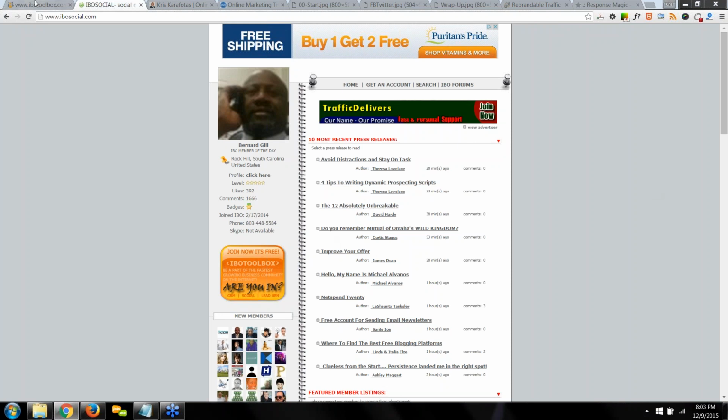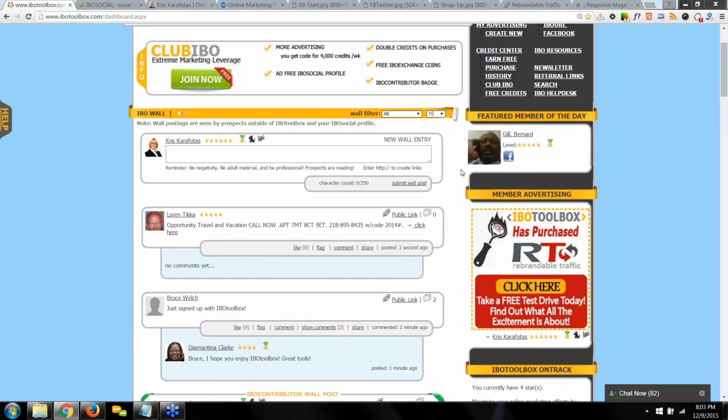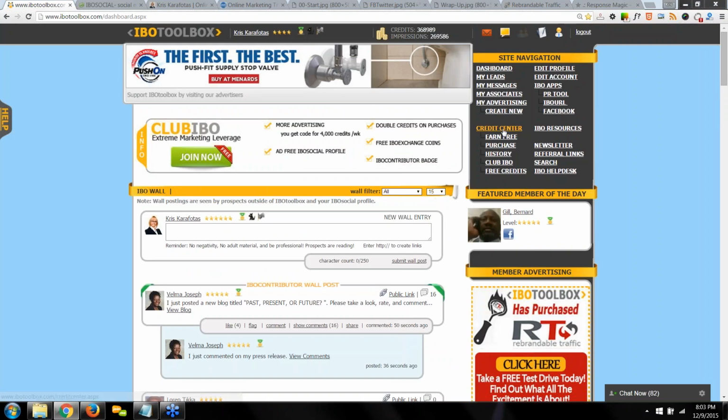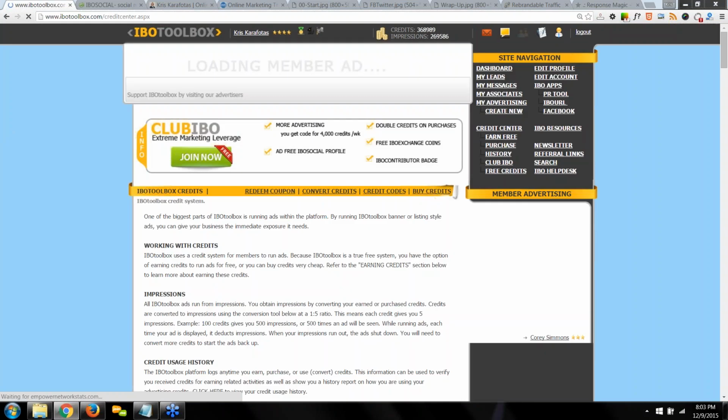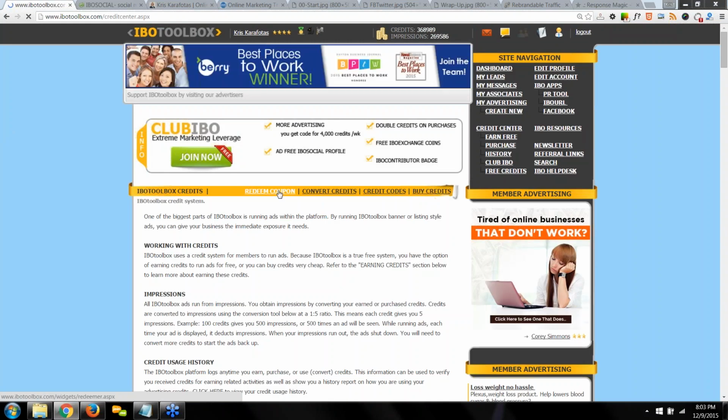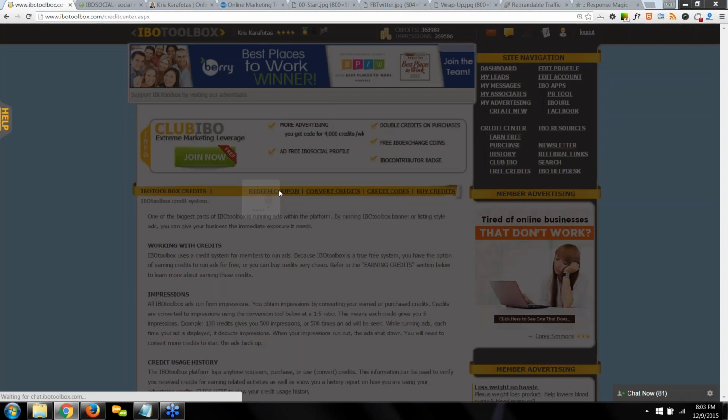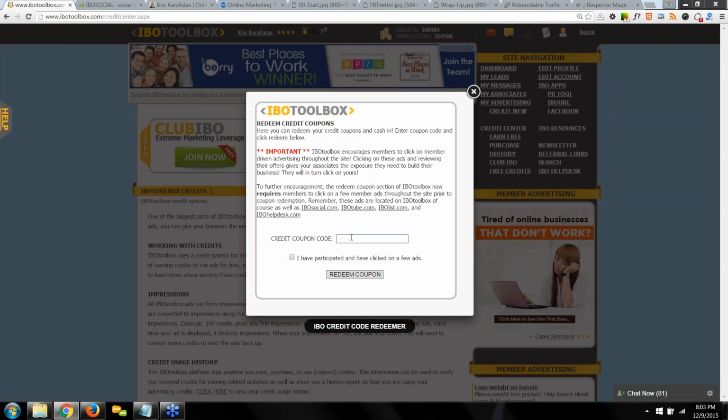So now we're going to go to the Credit Center. We're going to click on Credit Center under Site Navigation. We're going to click on Redeem Coupon. And tonight's credit code is Exposure. Okay, now it's going to ask us to check this box saying that we've participated and clicked on a few ads.